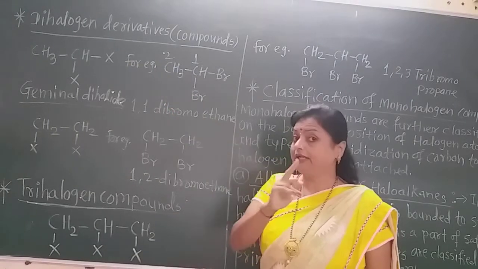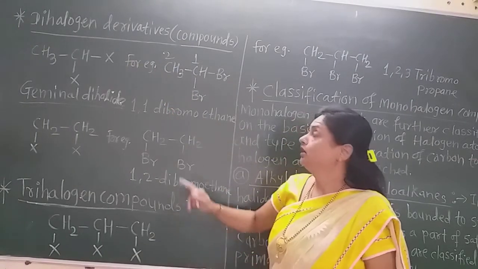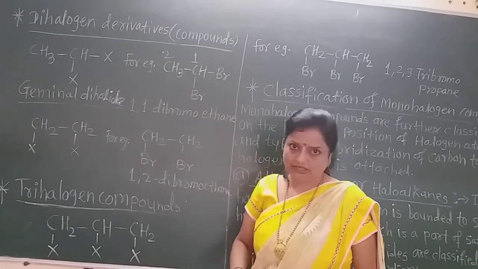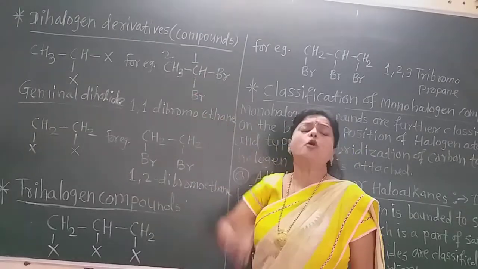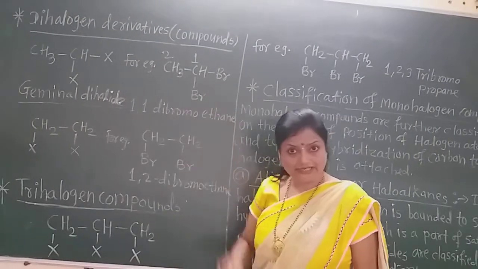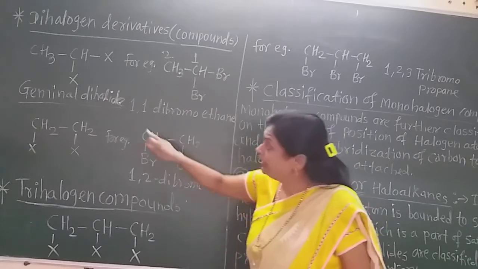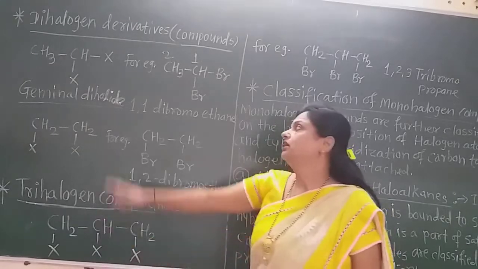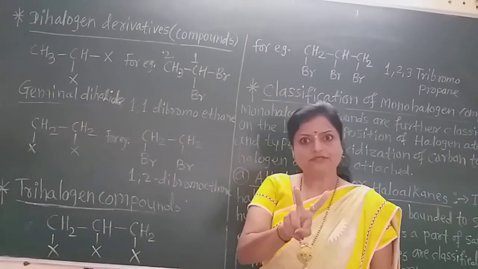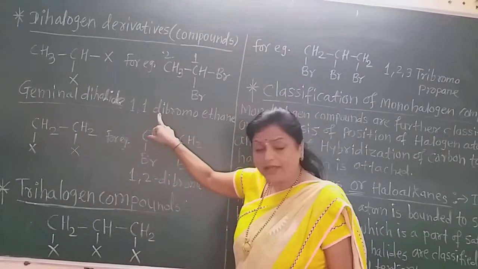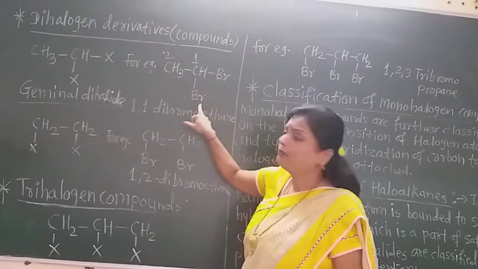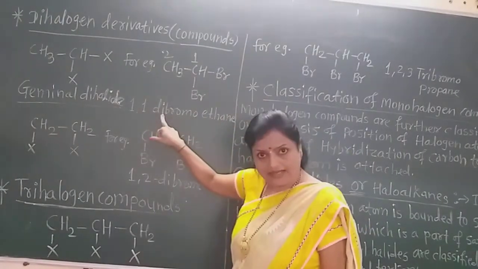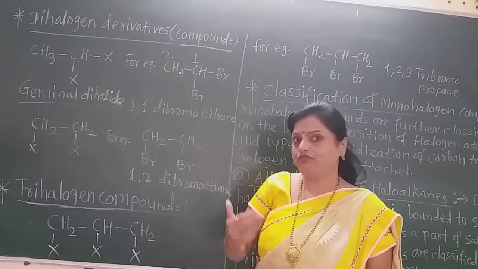How we give the name is very important. Numbering will start from the carbon which has the halogen atoms. On the first carbon atom there are two halogen atoms, and those are bromine. So write 1,1 for two times. Remember, not only 1. Here you must write 1,1 for two times. So 1,1-di. Di means what? Because both the bromines are there. There are two bromines. So 1,1-di, and haloalkane we give the name generally.